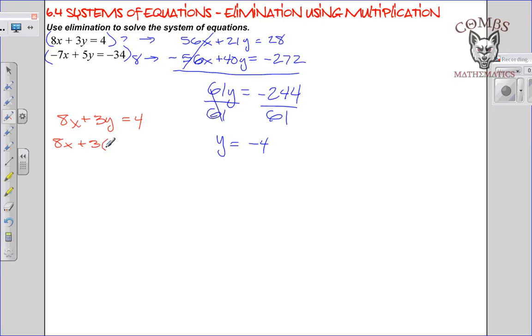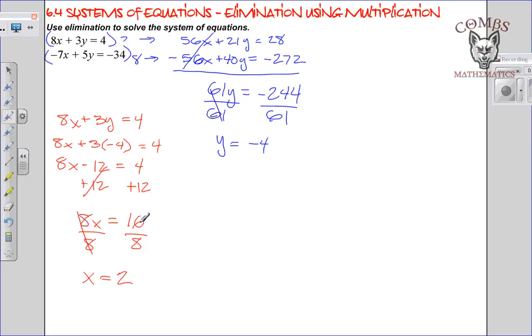8x plus 3 times negative 4 equals 4. 8x, 3 times negative 4 is negative 12, equals 4. Isolate the variable term by adding 12 to both sides. 8x equals 16. Divide both sides by 8 to isolate the x, and x equals 2. So our ordered pair solution is 2 comma negative 4, and we will just check our answer to make sure